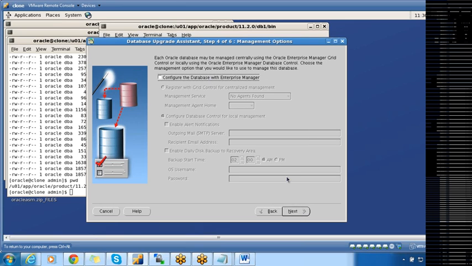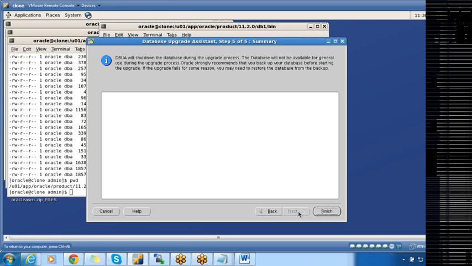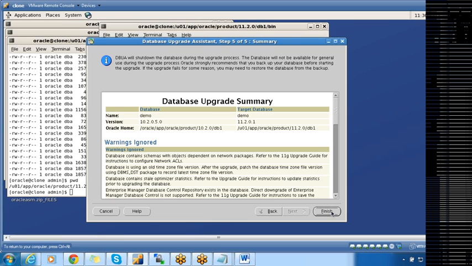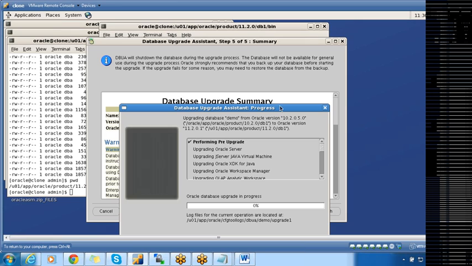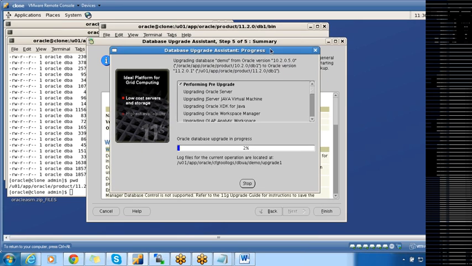Yeah, just uncheck these options. Click on next. Click on finish. This will take some time and it will finish the upgradation. So this is how we'll upgrade the whole setup from 10G to 11G. Okay, any questions here? If you are using DBUA, you don't need to copy the password file. If you are using the manual approach, you have to copy the password file and parameter file, and you need to run catupgrade.sql.